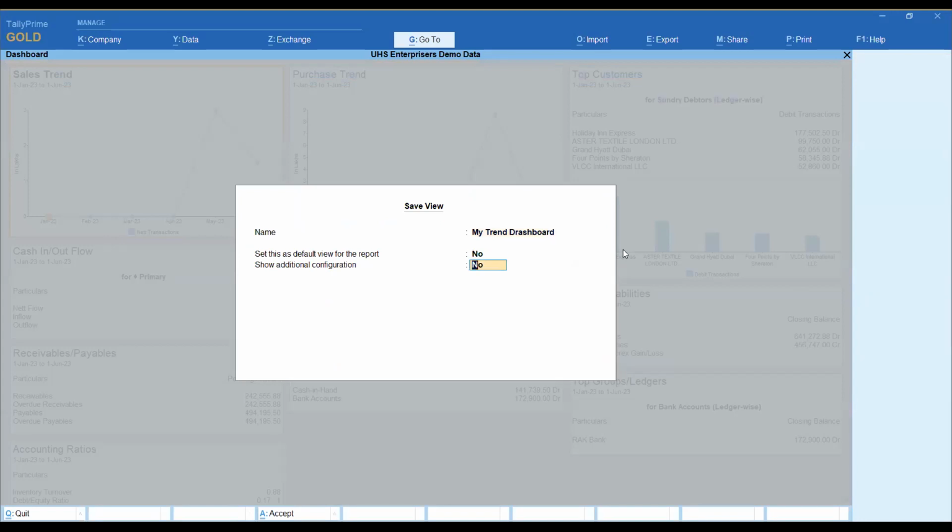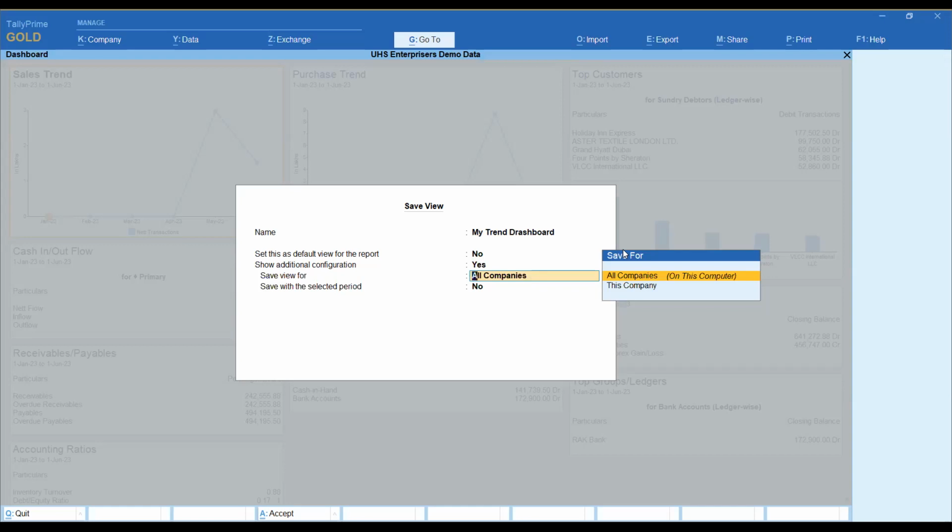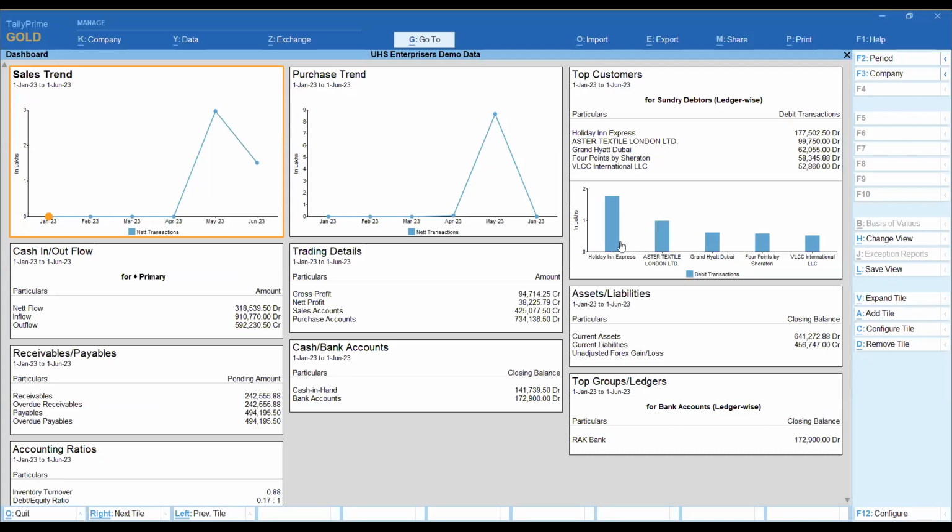And you will have the option to set it as default or other configurations. You can set this view for other companies as well if you have more than one company, and save the selected period. If yes, you can do it. Then what will happen is, if you go to the menu,